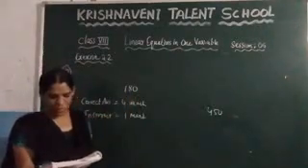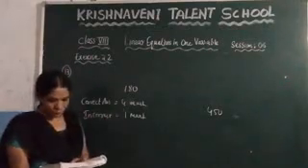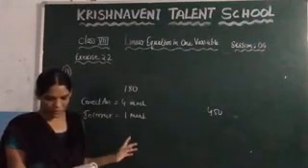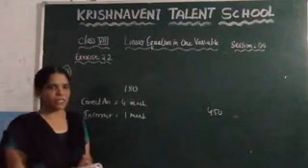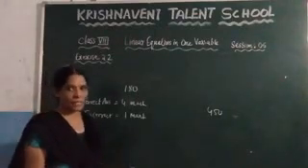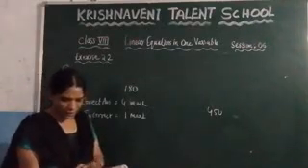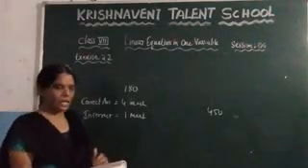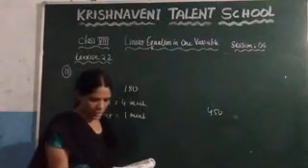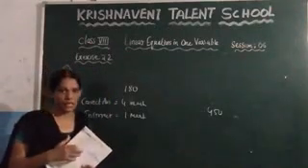A candidate gets 4 marks for every correct answer. For each correct answer they are getting 4 marks, and for every unattempted or wrongly answered question, 1 mark is deducted from the total score. That means if he has written any wrong answer or did not attempt any question, 1 mark will be reduced. Based on that, the candidate scored 450 marks in the test. Now in the question, what they asked is how many questions he answered correctly.